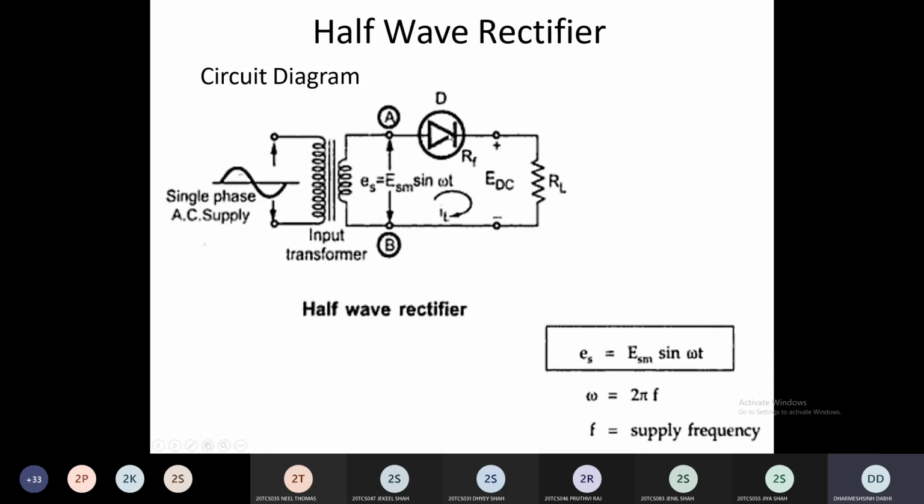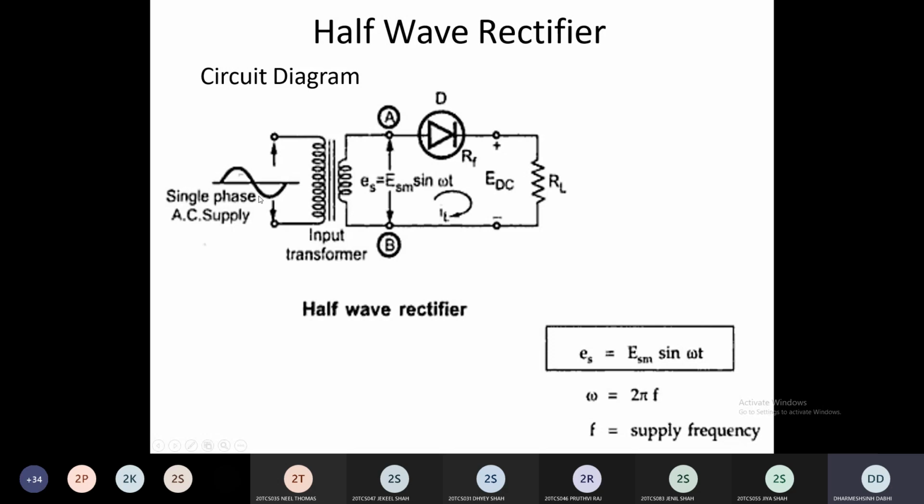Okay? So when the diode comes into forward bias mode, it acts as a closed switch. So whatever the secondary side supply is, all the secondary voltage ES comes across this load side, because your switch acts as closed. So current is transferred from the secondary side to the load side, and the whole voltage of the secondary comes across this load. So here the secondary voltage is ES, the same voltage comes across this load resistance RL, and its wave shape is the same as your supply.